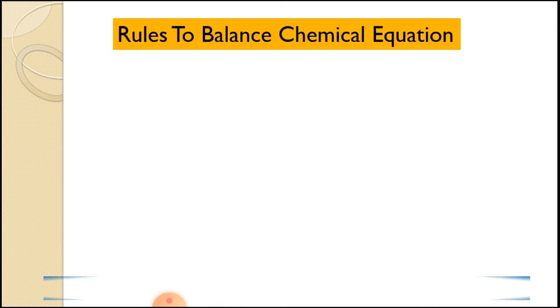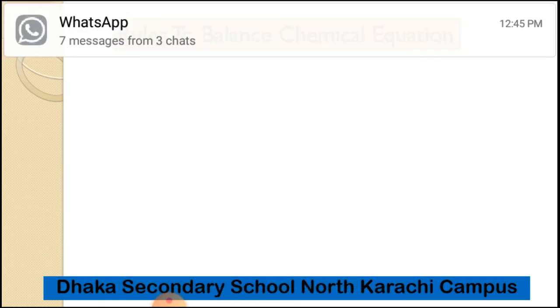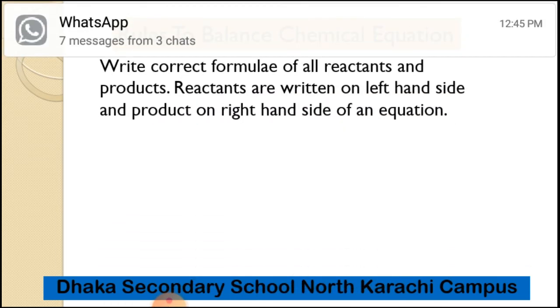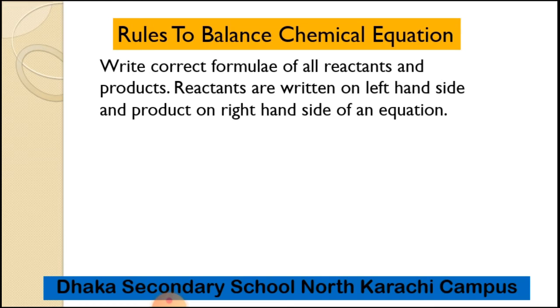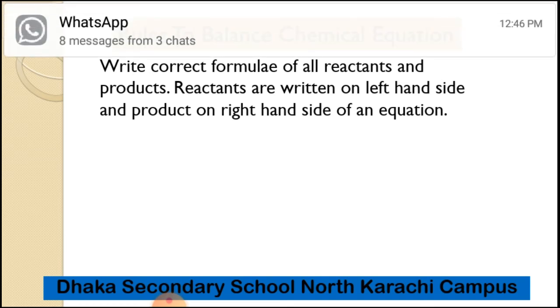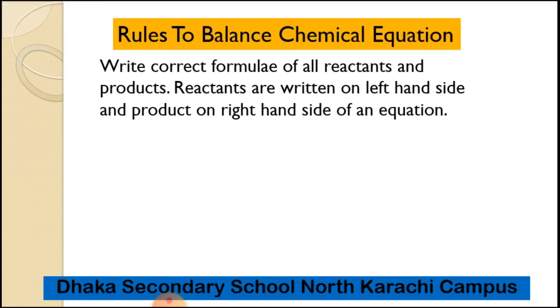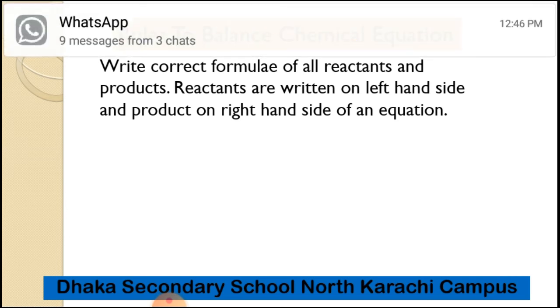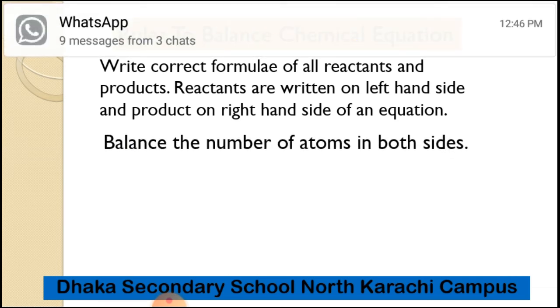Now, I am going to tell you about the rules to balance a chemical equation. Write the correct formula of all reactants and products. Reactants are written on the left hand side and products on the right hand side of an equation, of an arrow. Balance the number of atoms on both sides